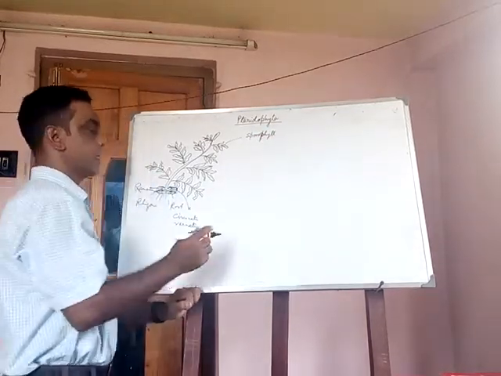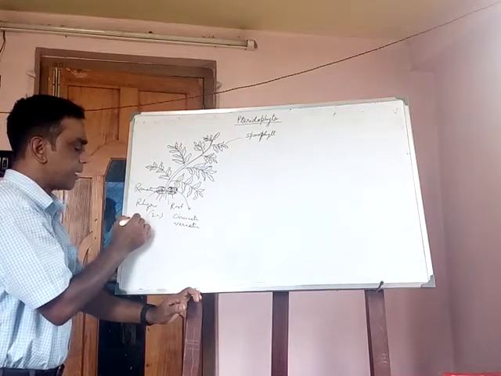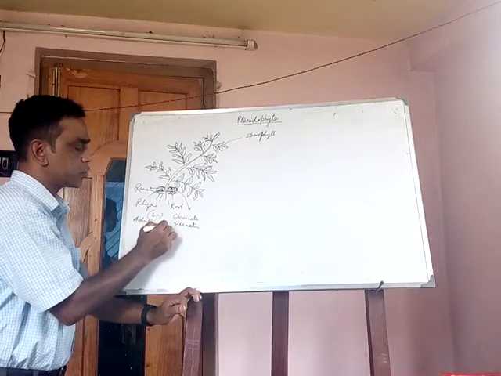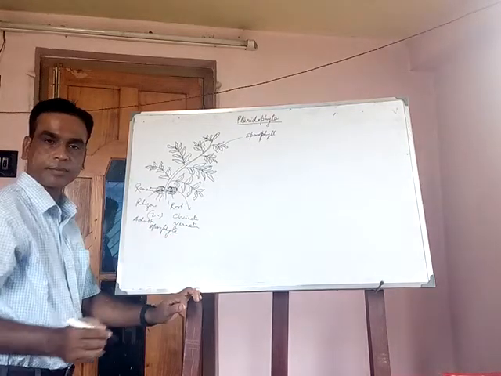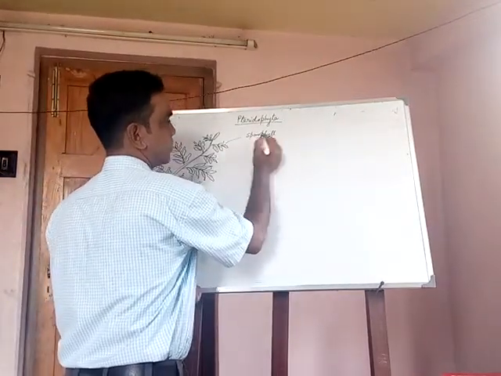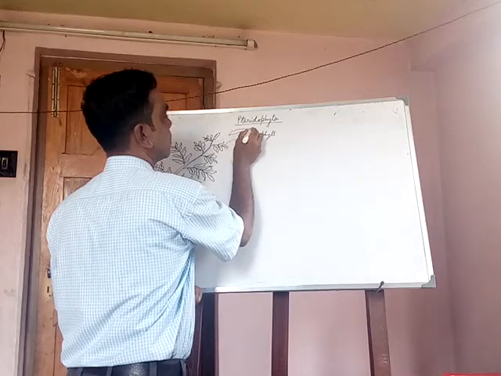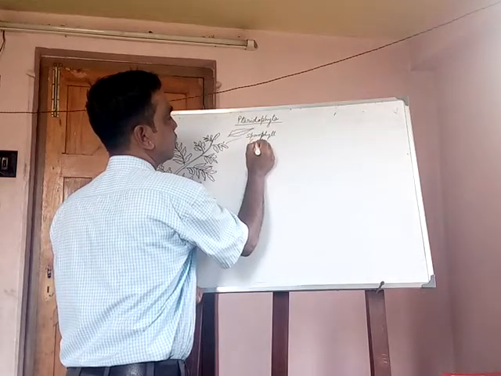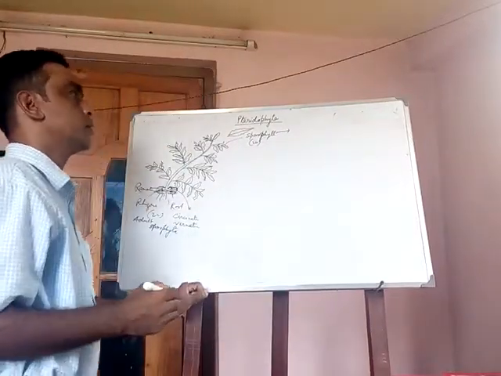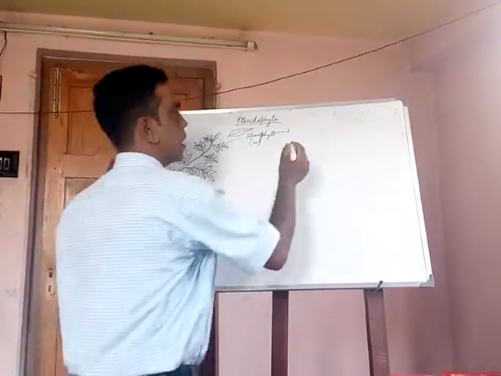The main plant body is the adult sporophyte, and the sporophyll is, that is, the dorsal part, the lower part of the sporophyll, can carry